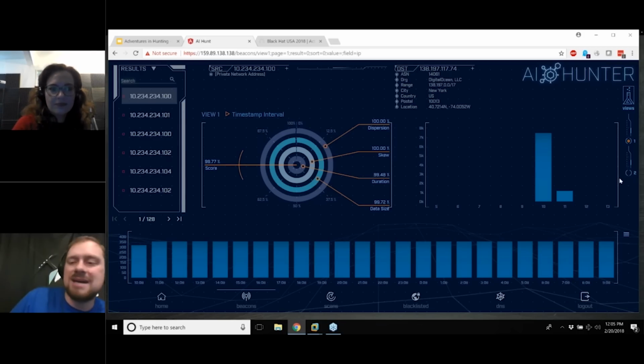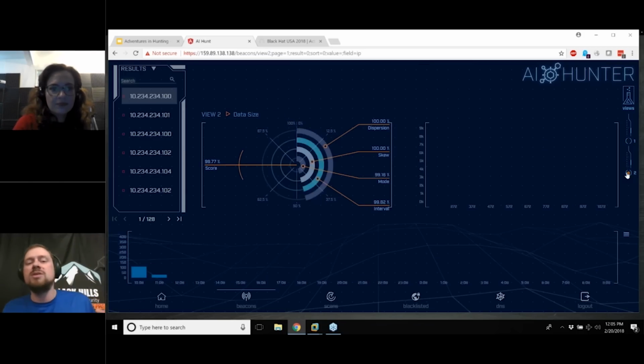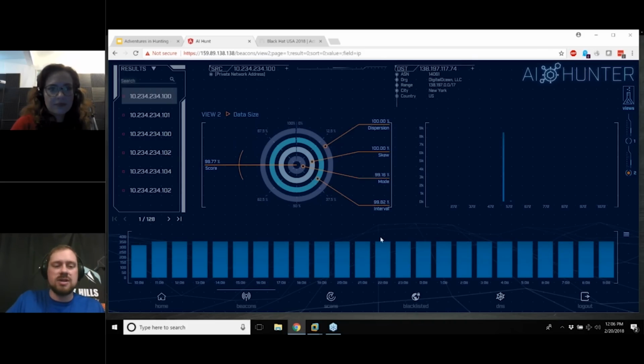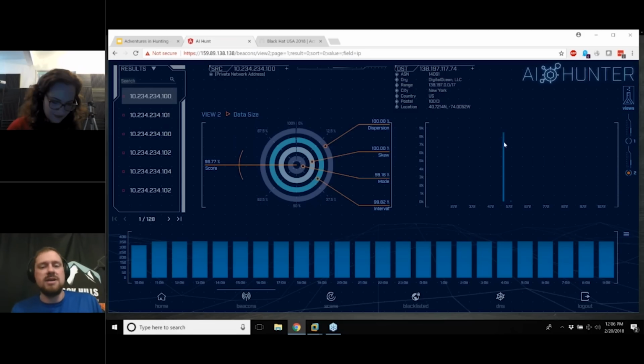Instead of just looking at it in timestamp interval, we can also flip it around and look at it in data size. Now, when we look at it in data size, the time still shows on the bottom and the connection count shows on the left, but this upper right-hand quadrant changes. Instead, it shows you the number of bytes that were sent. And you can see that we have a very consistent graph here, over 8,000 connections that were made, and they all had the exact same data size. So that is a very clean indication to find a beacon in your network,